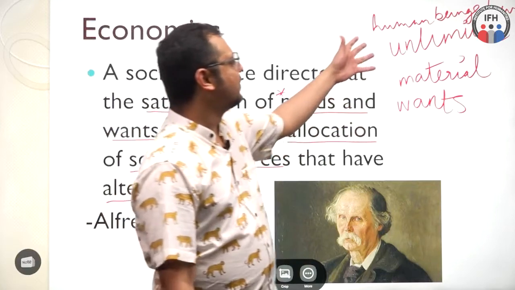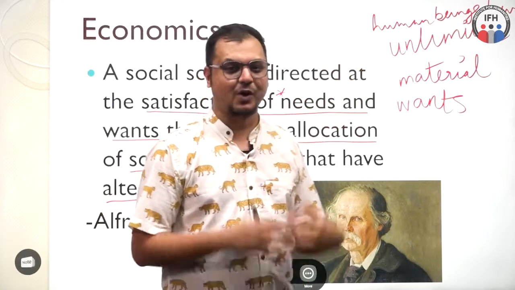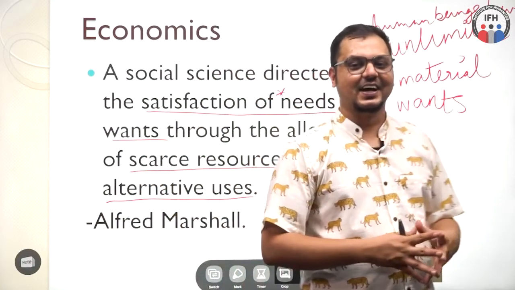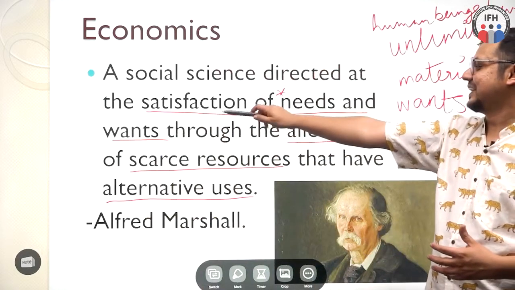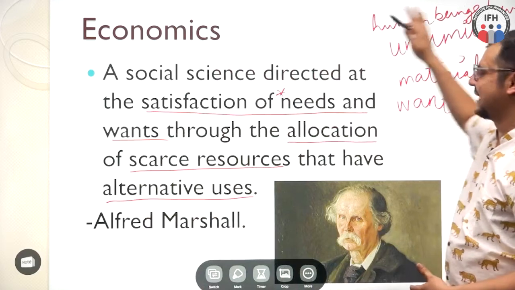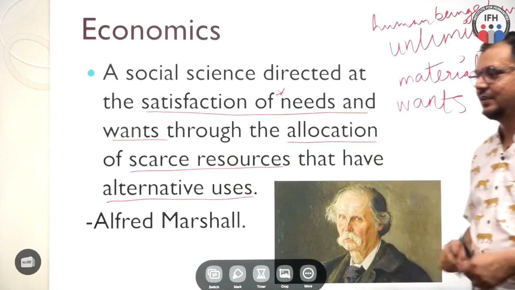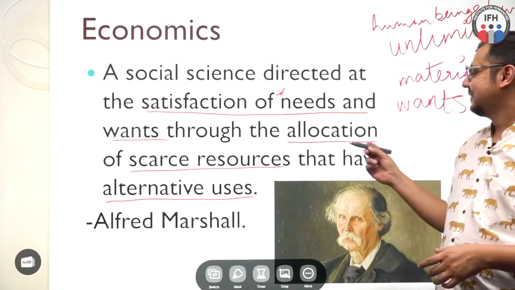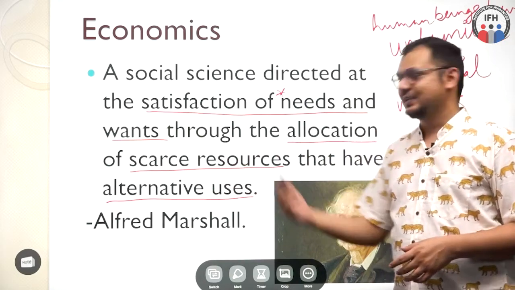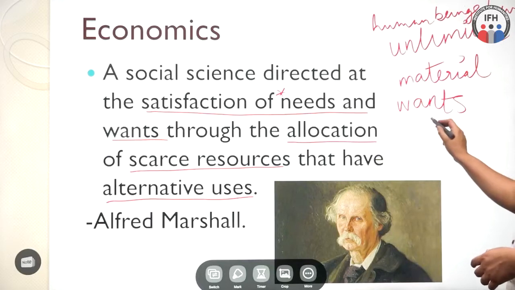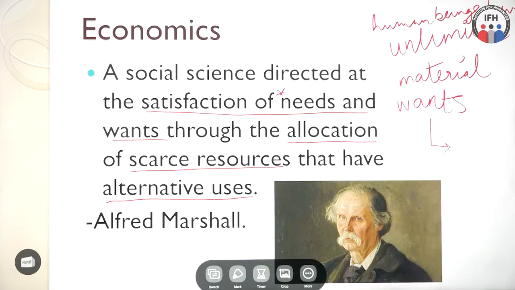Assuming that all human beings then have unlimited wants, right? We're all Madonna's material girl, in a material world, I guess. But what we're essentially trying to do then is satisfy all these unlimited wants that we constantly have. The issue, however, is that what we have to deal with is the allocation of scarce resources, right? To satiate these unlimited wants, there aren't unlimited resources. There are scarce resources,